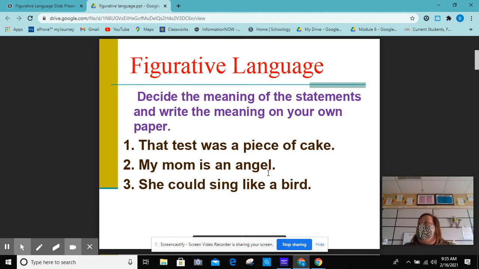All right, that test was a piece of cake. That test was a piece of cake. What does